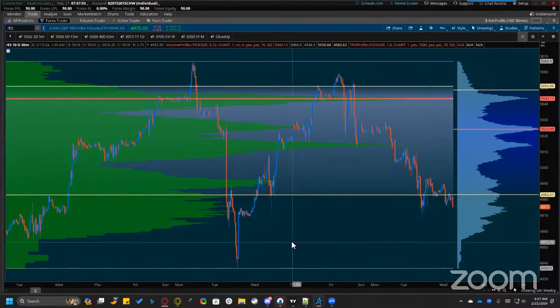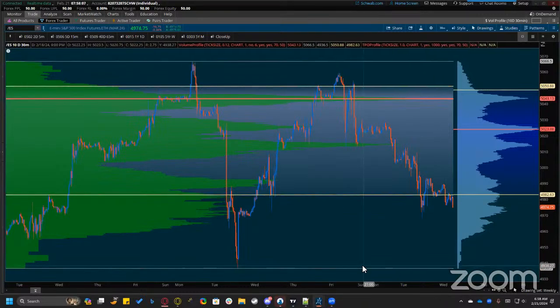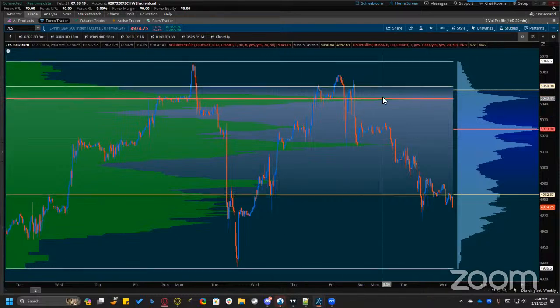Nothing's going to change on the profile through the day today. We can see that this Tuesday's low, or maybe Tuesday afternoon, we've got a whole week before we get to this point. So we're not going to lose this bottom. And the only thing that would cause us to lose it is if price breaks below it. Same thing with this high. So the shape of our profile isn't going to change anytime soon. The point of control isn't going to change